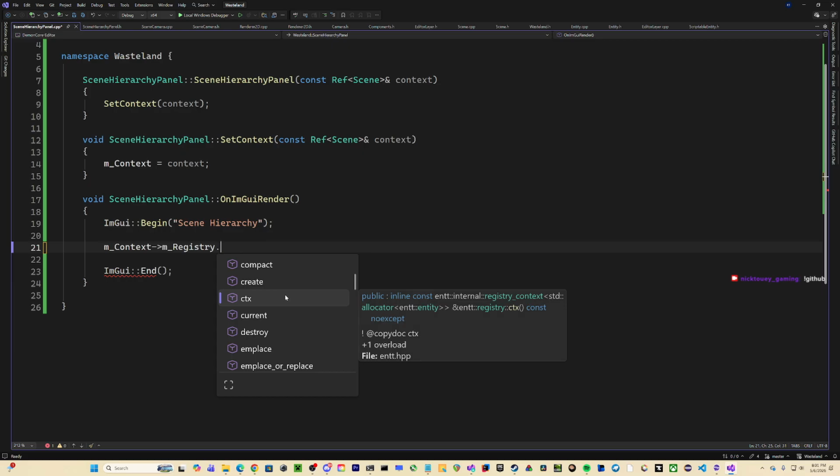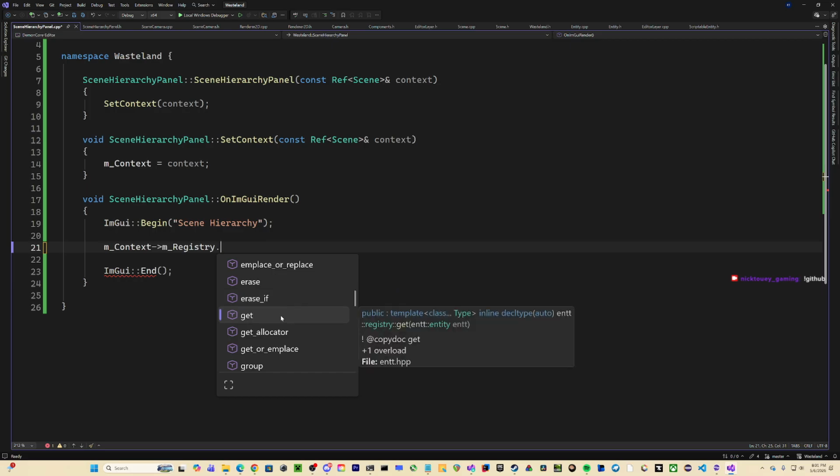Context? I don't know. I might be stupid or something. I really don't know.